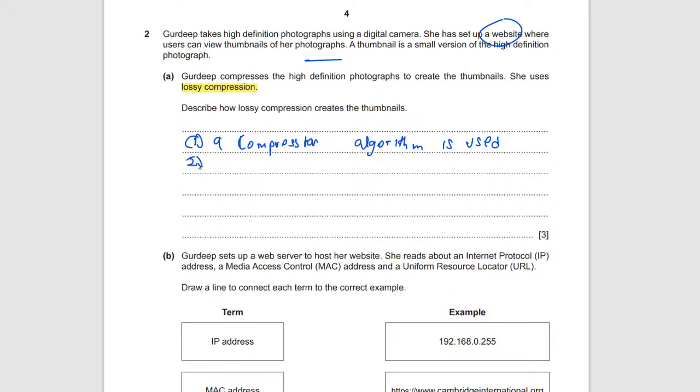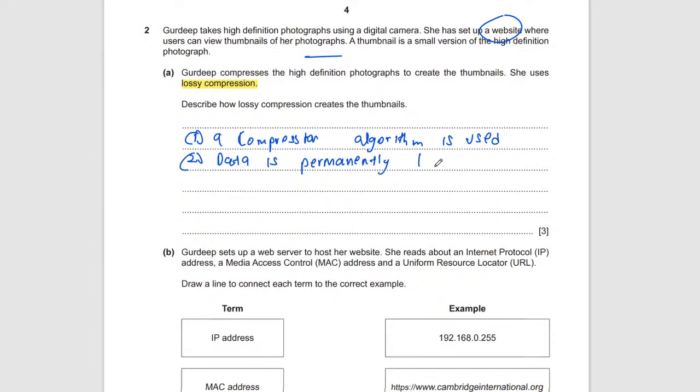Then number 2. Now we talk about lossy compression. First of all, I told you that in lossless compression, no data is lost. So in lossy compression, data is permanently lost. So you write that data is permanently lost. That will give you the next mark. And number 3 is that